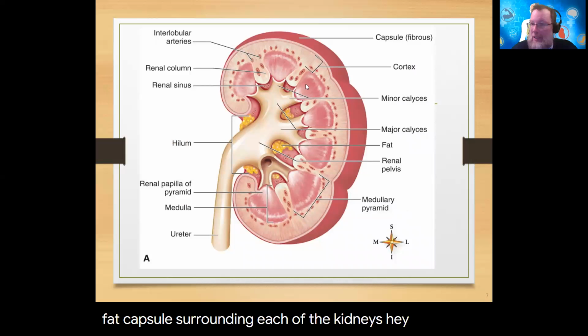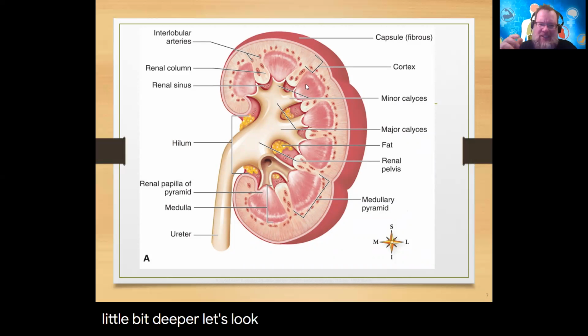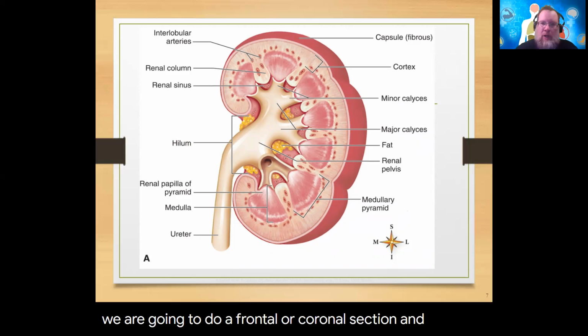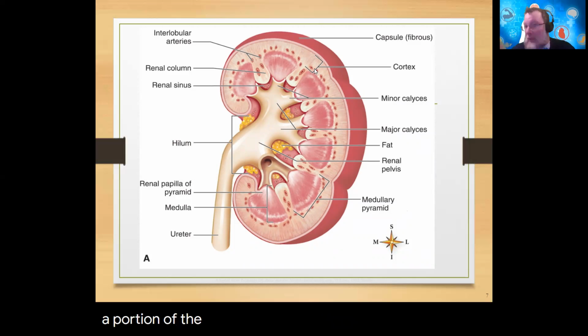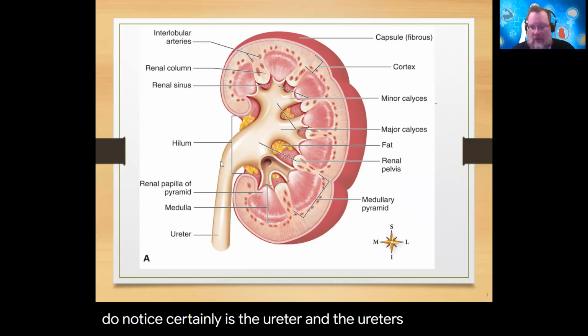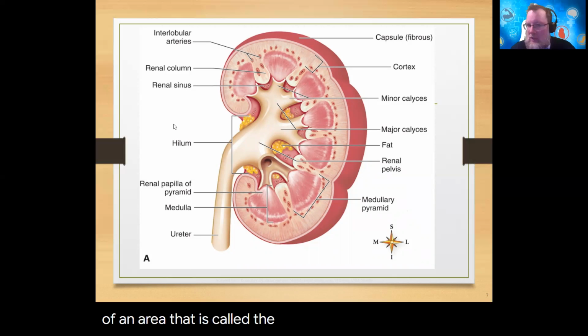Okay, let's go a little bit deeper. We're still not quite at the micro scale, but we are going to do a frontal or coronal section and remove a portion of the kidney so we can look inside of it. What we do notice certainly is the ureter, and the ureter is coming out of an area that is called the hilum. And we've seen this term before. We saw it with the lungs, we saw it with the spleen, we also saw it with the